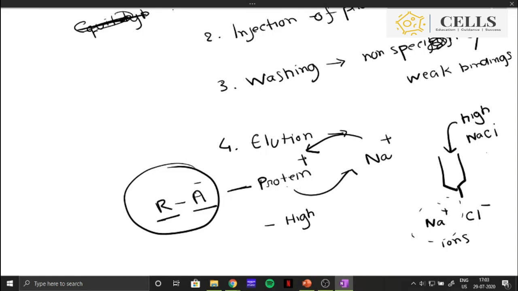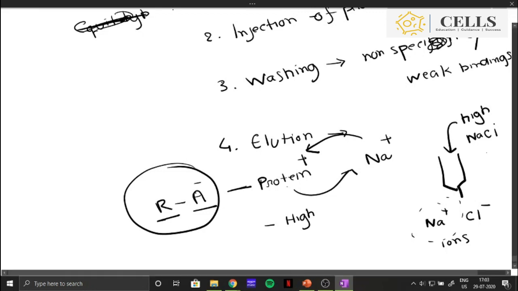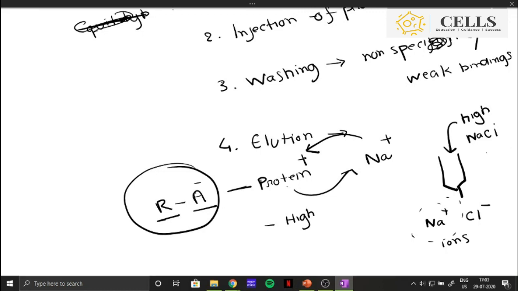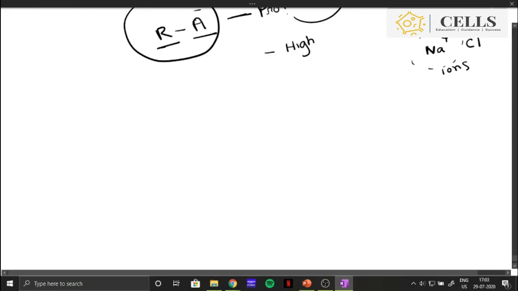Now you have all the proteins already bound to the beads. Now you charge it with a high concentration of Na plus. So when the system has a high concentration of Na plus, it will specifically remove those proteins and the Na will bind. So the NaCl concentration is increased from 100 nanomolar gradually to 1 molar, and in this process your protein gradually gets eluted. This is the basic funda of ion exchange chromatography.